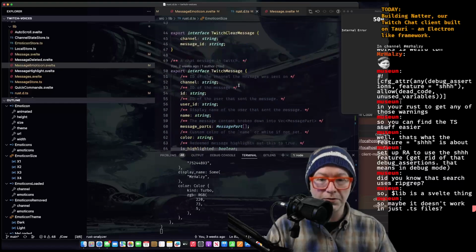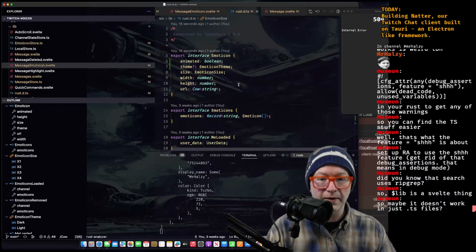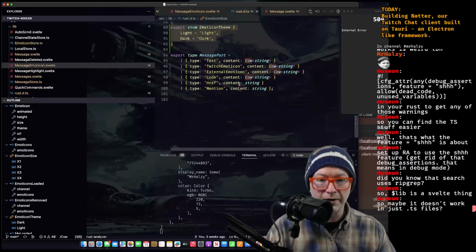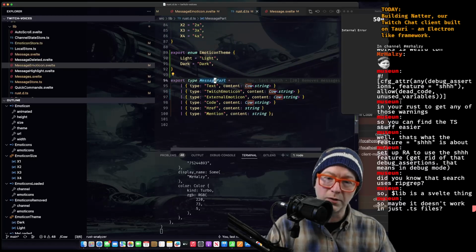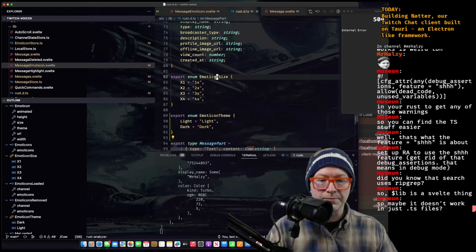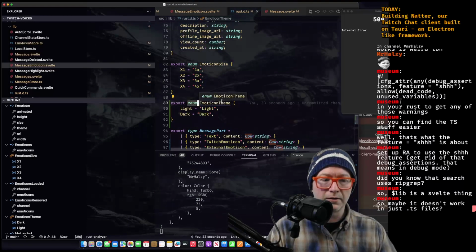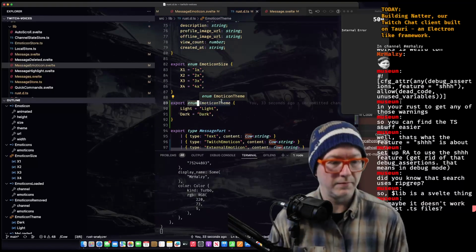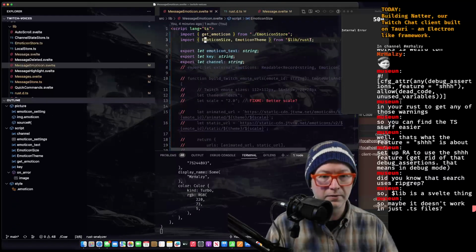I think most of the other stuff we import from this are actually interfaces. We do use message part though, but that's actually returned in an interface. But it's also a type, and it's not an enum. So maybe, let's see.